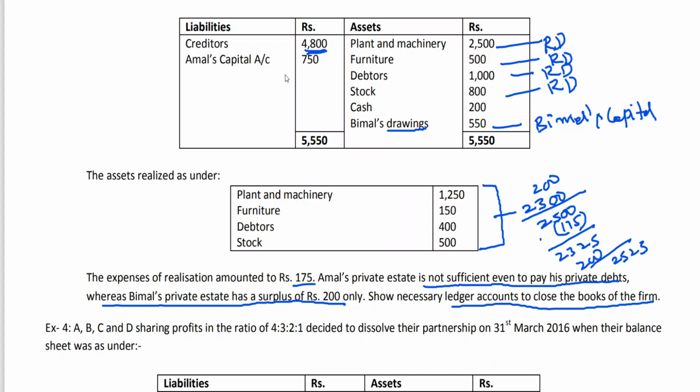So we work this out. What are the accounts we need to open, sir? Realization account, you know that. Cash account, you know that. Partners' capital account, you know that. Additional account which you need to open, creditors. Then the amount that partners are unable to bring will show debit balance. So in this case, Amal's capital account is also going to show debit balance. Bimal's capital account is also going to show debit balance. Then what happens finally? The amount that can't be brought in by the partner is called deficiency.